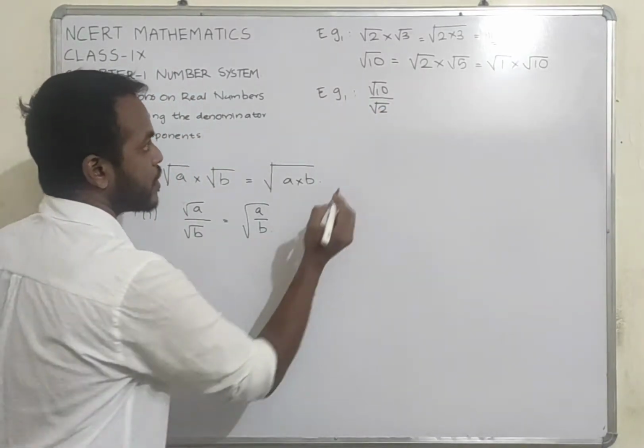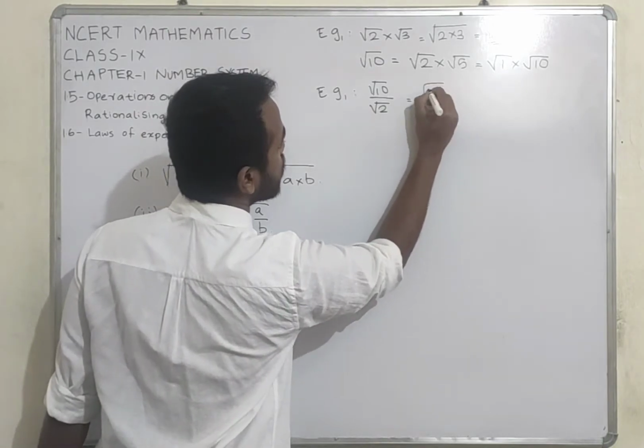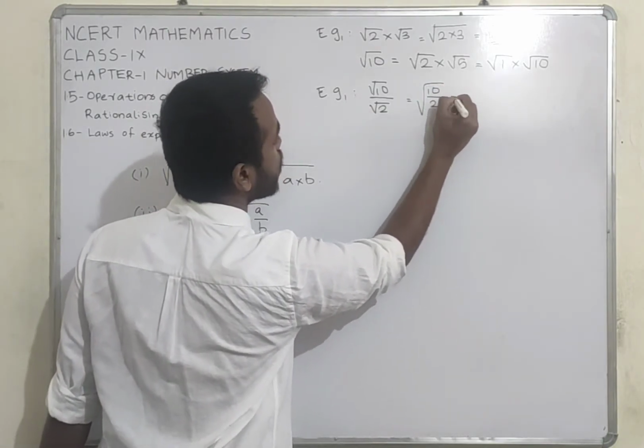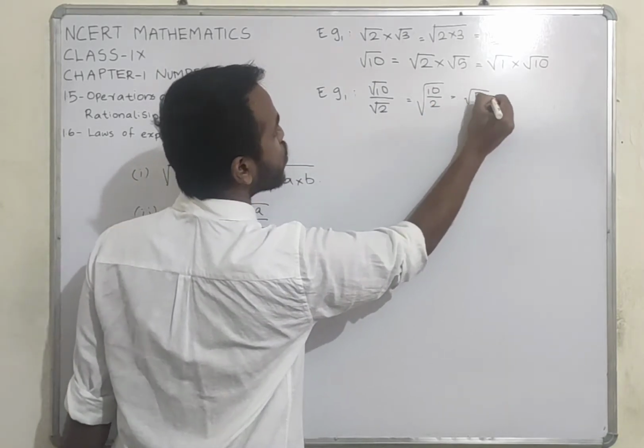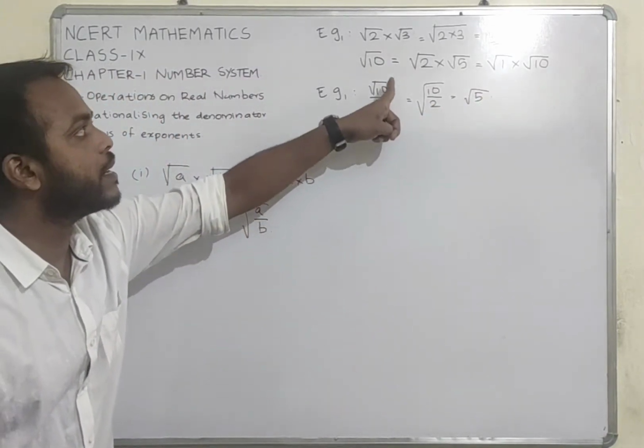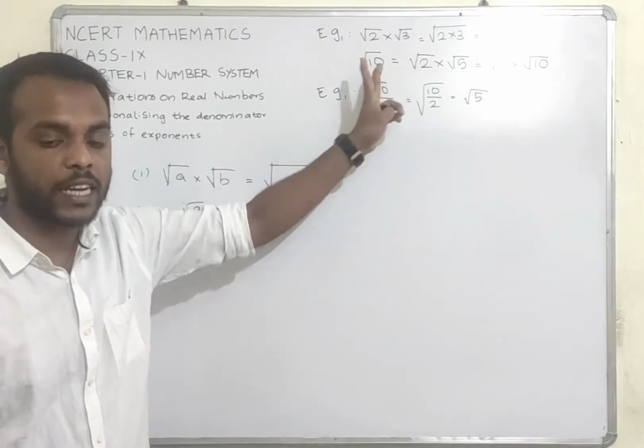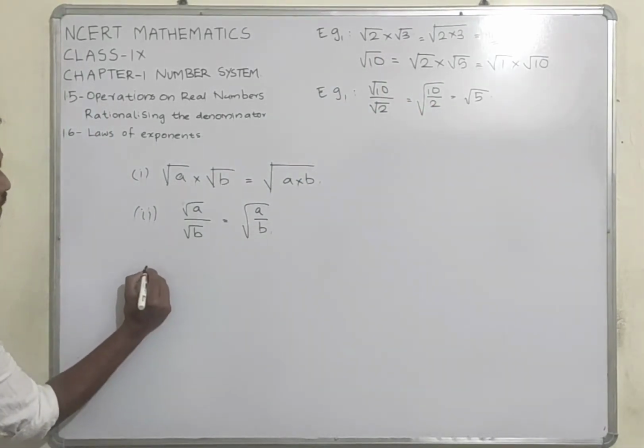This can be easily written as root of 10 upon 2. What is root of 10 upon 2? Root 5. And here there is a root also. This can be applied in the same case also. Just try by yourself. Now, the third identity is